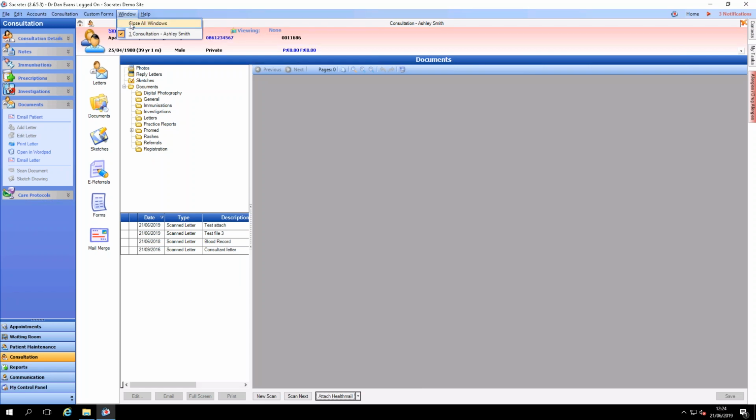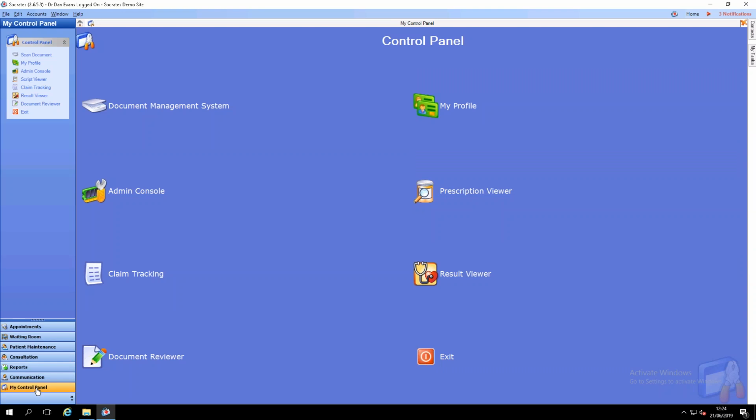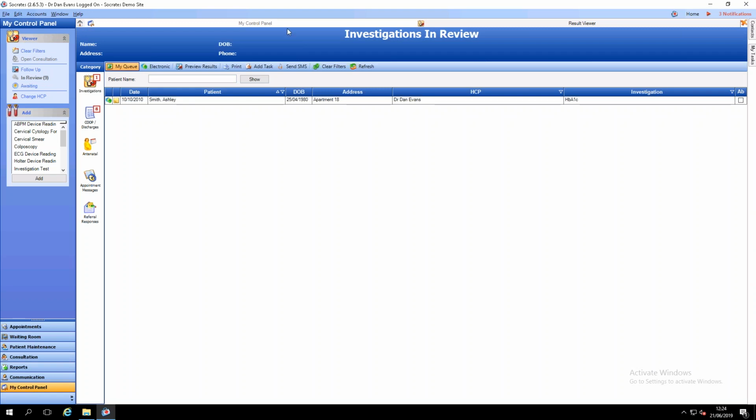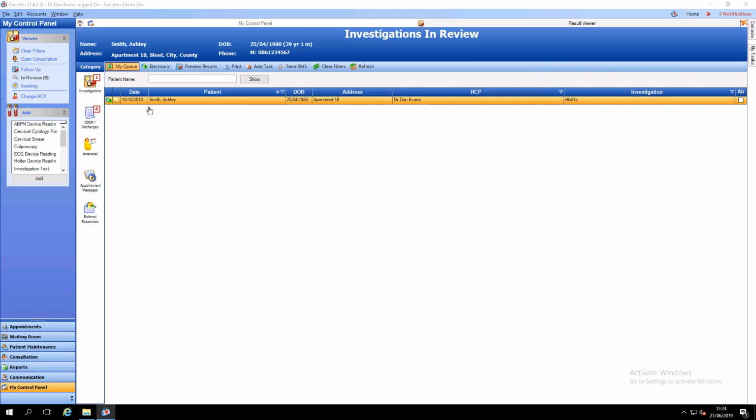And the next thing that's new has to do with blood results. So if I go into my control panel, results viewer. From here, I have hardly any results in here. I've got Ashley Smith has a blood result. So if I double click on that and read it, and say, all right, that's the result, and you realize this isn't actually for me, then you can transfer to another HCP. We've always had that feature, but